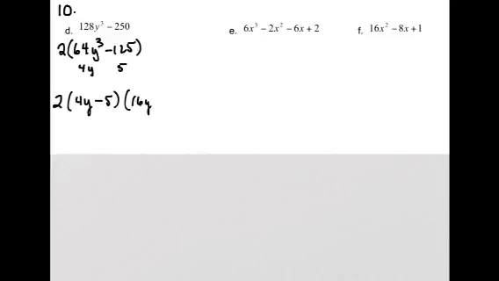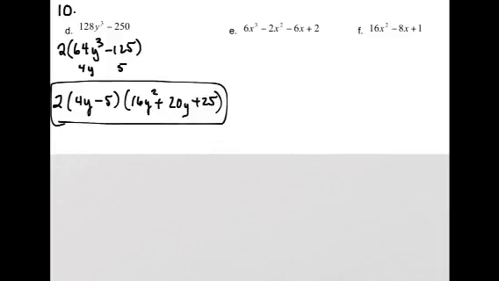This is just another strategy. Then you multiply the 4 and the two terms, the two binomials, so that gives you 20. And when you multiply these two, this one and this one, that gives you 20y. And it's the opposite sign, so that's now a plus. And then for the third term, you square the second term in the binomial, so that's 25, and it's always positive. So that would be the factored form